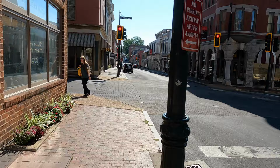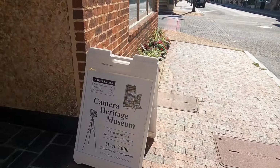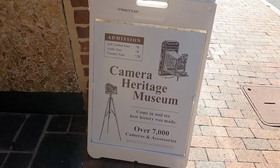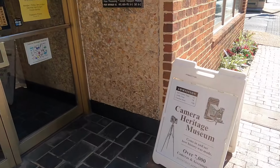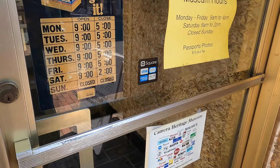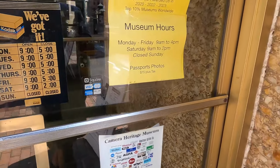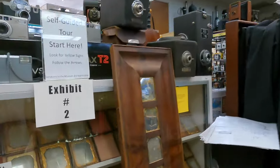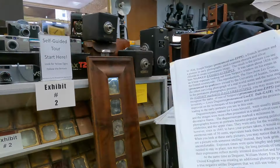Not sure what that is, but here we are, Camera Heritage Museum. $6 for the tour. 7,000 cameras inside, and here are the hours, open every day but Sunday. Cool. All right, check it out. All right, I'm checked in, gonna take the tour, and they've got these exhibits numbered, and they give you this pamphlet with some